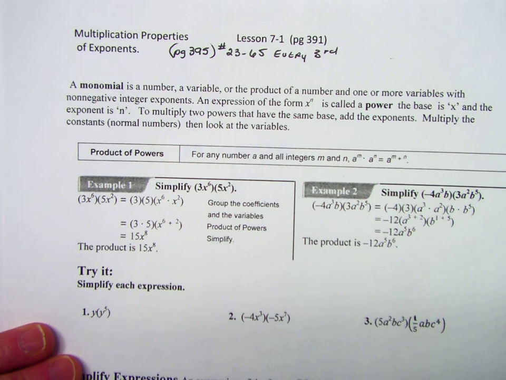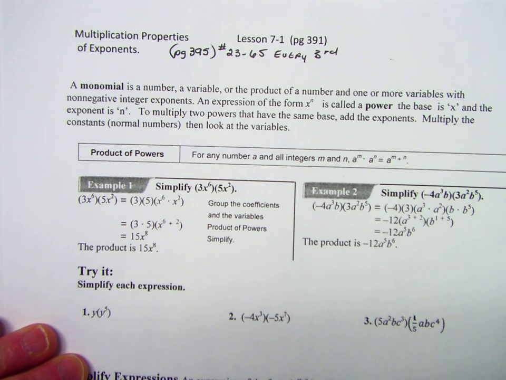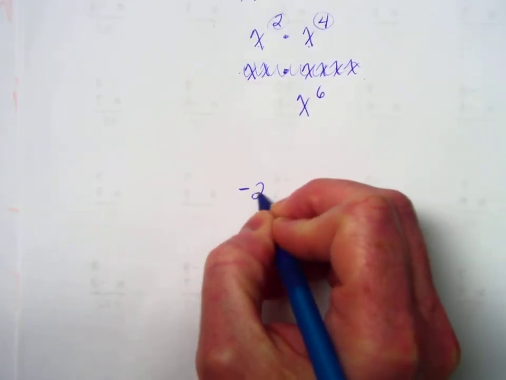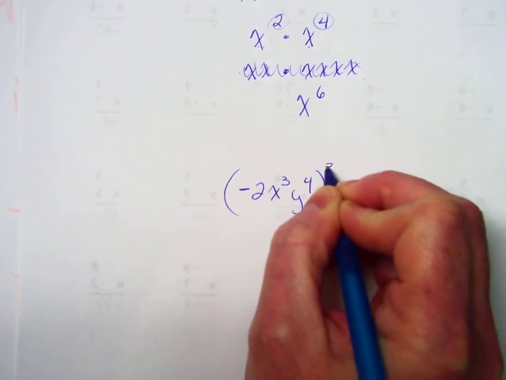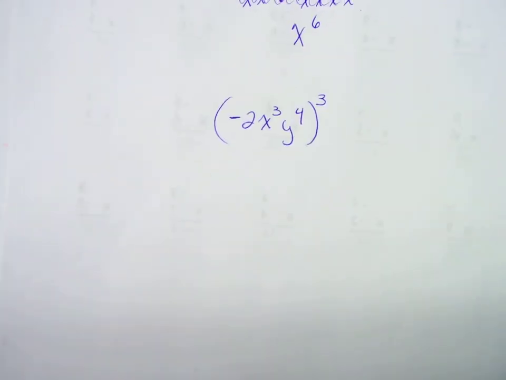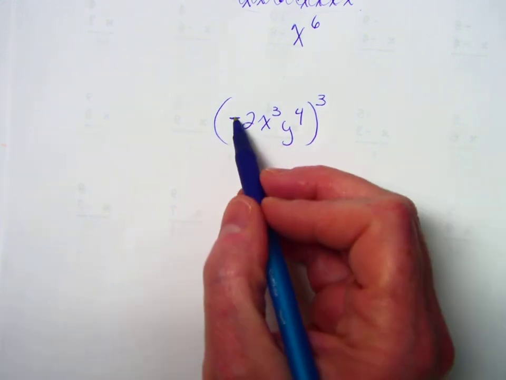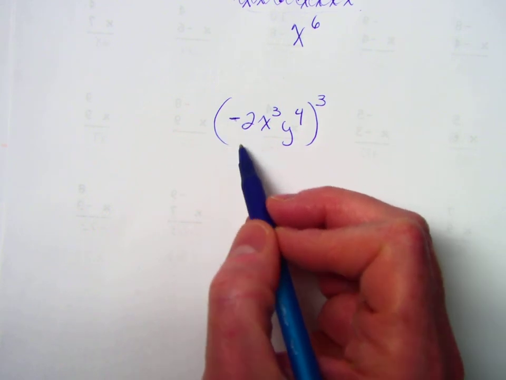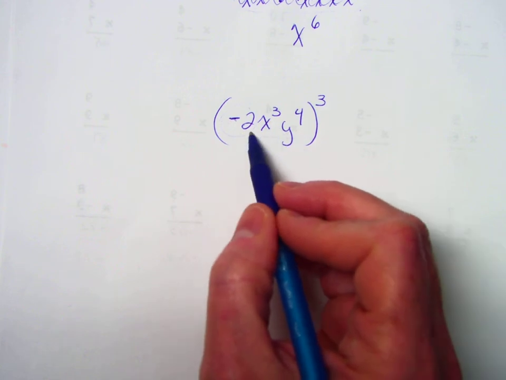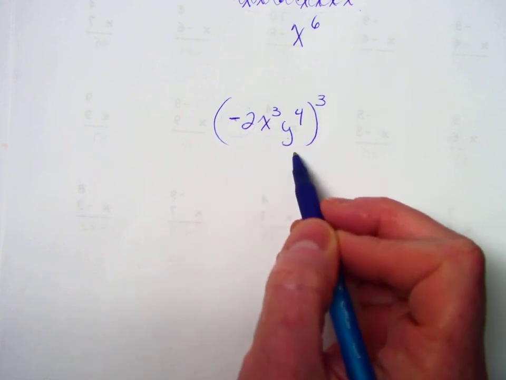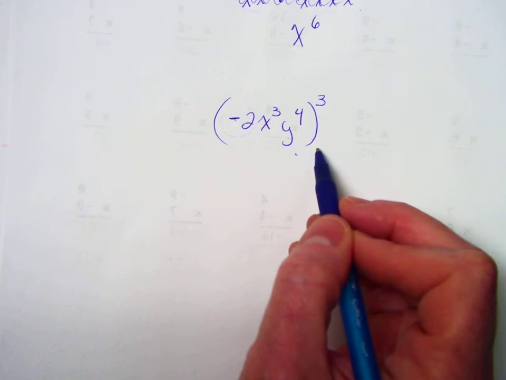Now, that doesn't mean there won't be a negative, okay? For example, if I said negative 2x to the 3rd, y to the 4th, raised to the 3rd power, that's really a monomial. It has a bunch of junk added into it. There's a bunch of components. And there is a minus sign, but is it technically an adding or subtracting symbol? No, it's an identifying symbol. So notice there's no pluses or minuses, therefore this is a monomial. All right,